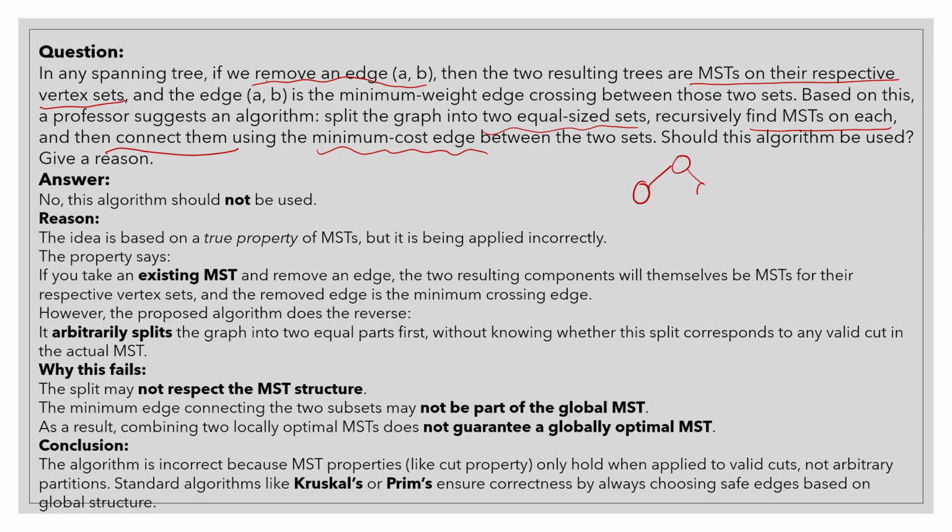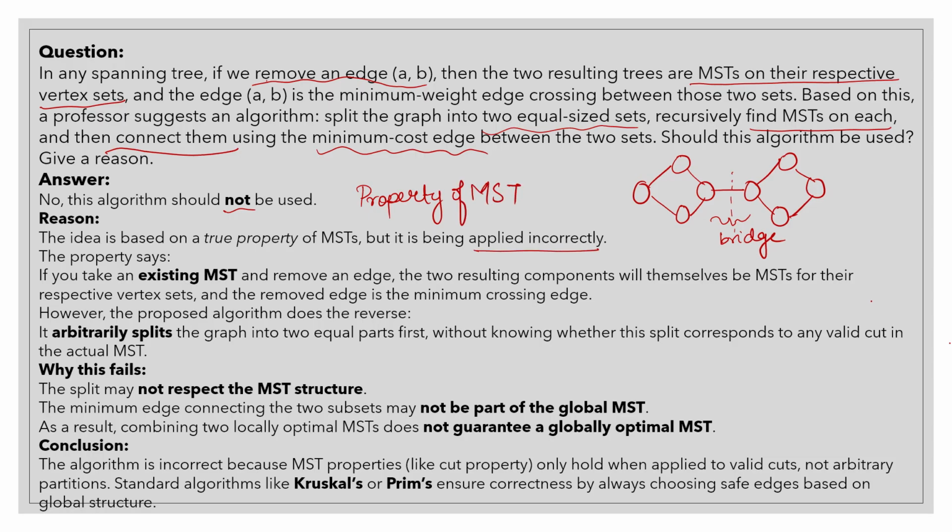The question says you have basically two sets, or we can say two clusters, that are joined with the help of a bridge. When you remove this, we have two MSTs, and you recursively find the minimum spanning tree of both and then connect them. This is what the question says. But it cannot be used. Why? A very important point to note is that a true property of MST is being violated here,